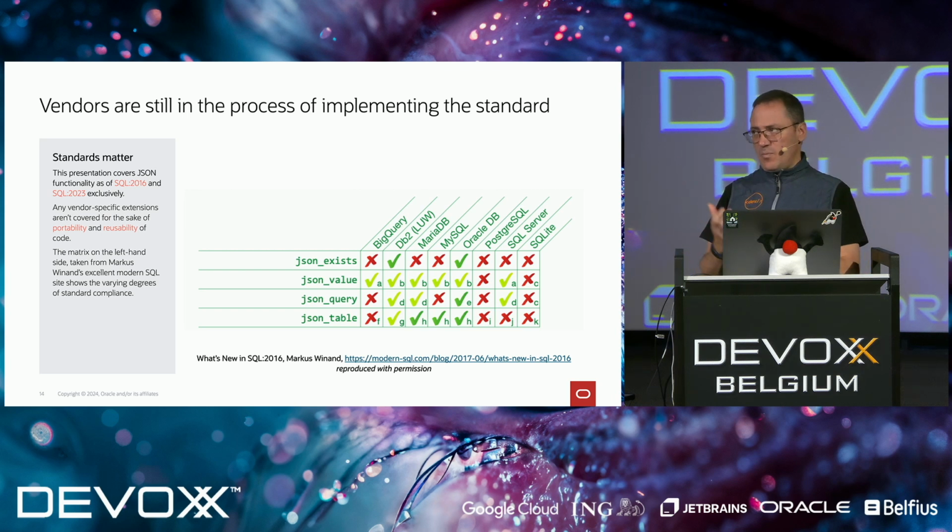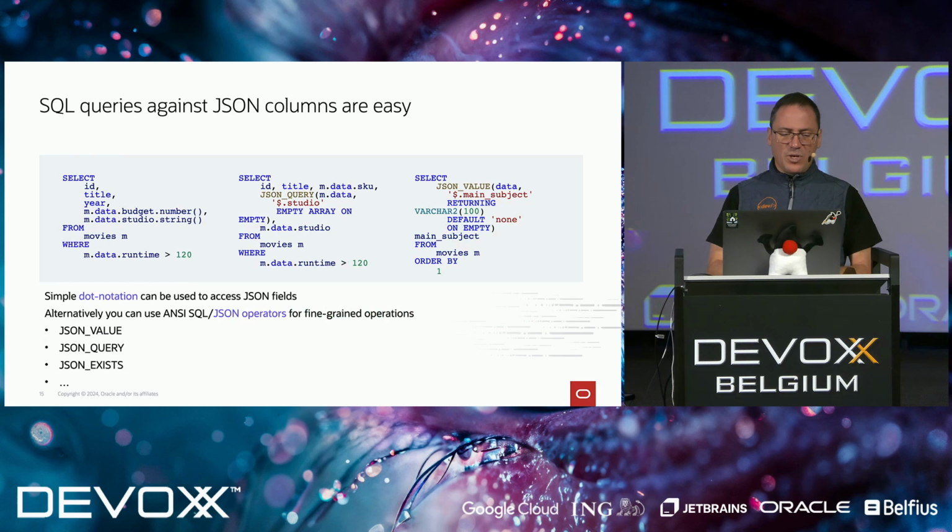But in this way, you can see the current state of JSON support in different formats, in different ways, and the different functions that you have access to that you can call directly from SQL. For example, if a JSON value exists, or you can retrieve a JSON value using JSON_VALUE, you can issue a JSON query like something like XPath, or you can grab a value of the document looking at a JSON table. There are so many things that you can do here.